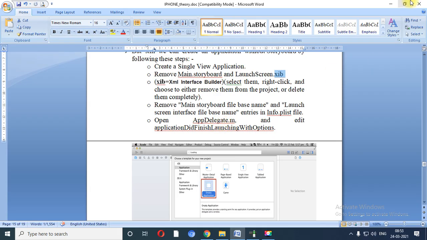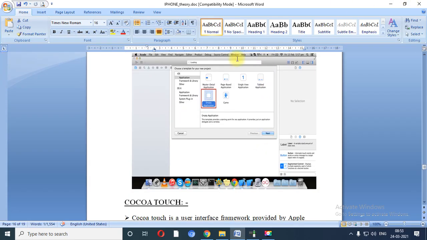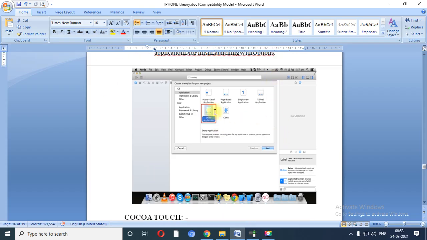Number one, AppDelegate.m, and second, you need to edit application didFinishLaunchingWithOptions, because right now we will not launch any application because we don't have a main storyboard or any launch screen. So you need to make a change, apply the changes in this way, and this is the screen which contains